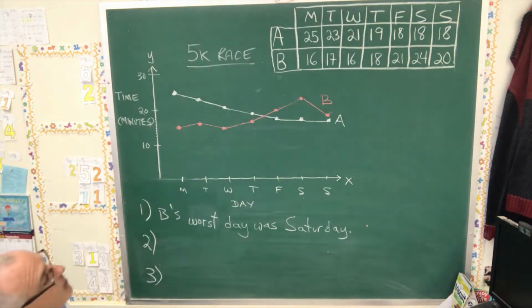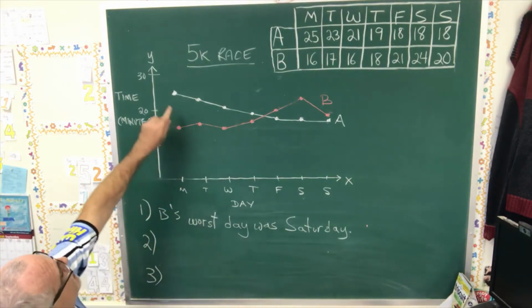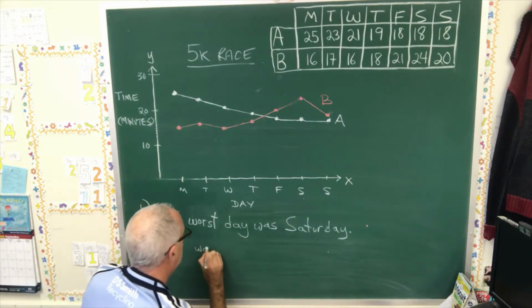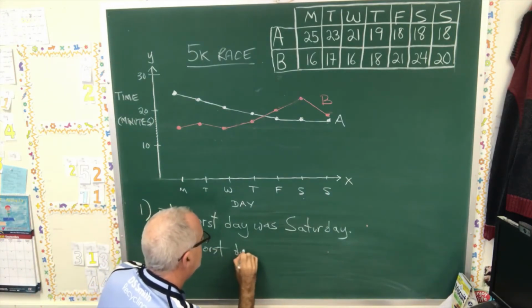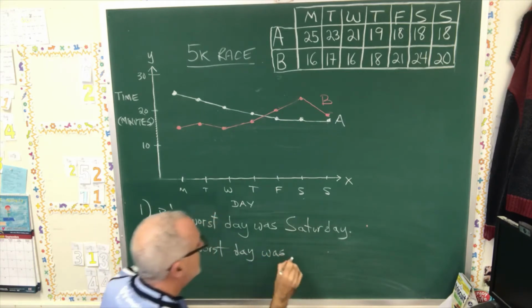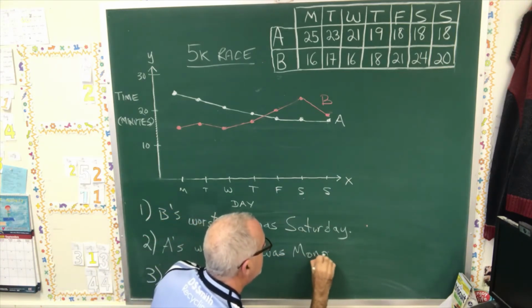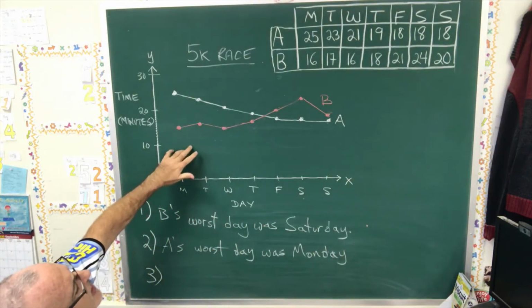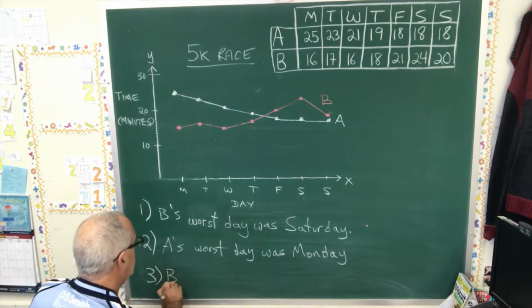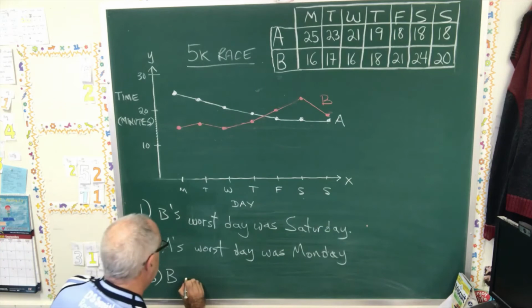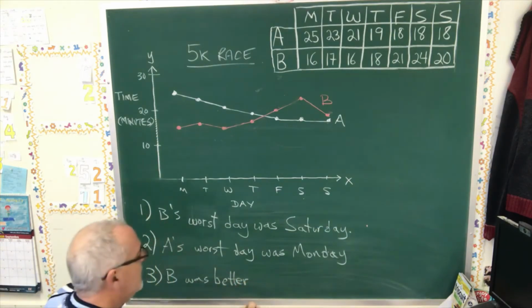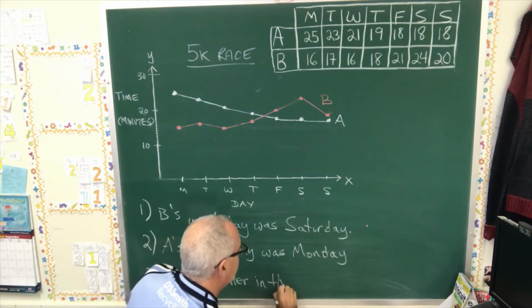A second conclusion, A's worst day was Monday. And a third conclusion, B was better in the first half of the week